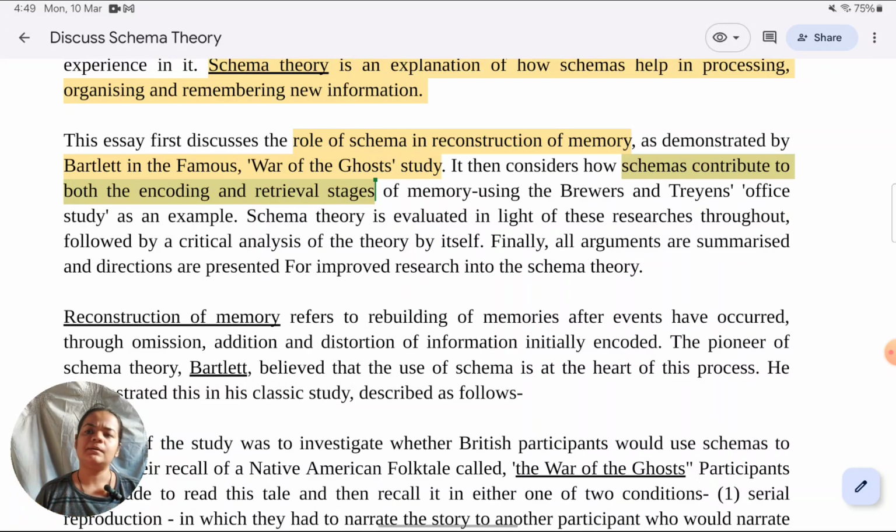It could just be a different argument altogether showing some other aspect of the theory. That's fine. Just avoid giving only one argument. Again, there's no hard and fast rule of how many arguments, claims or points you should give. But ideally, giving only one, why I discouraged that is because essays end up becoming very repetitive.